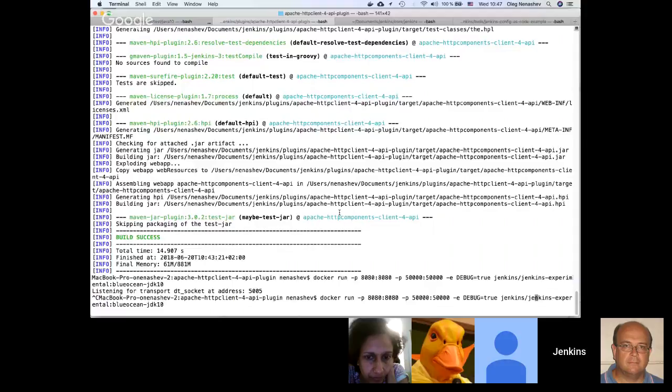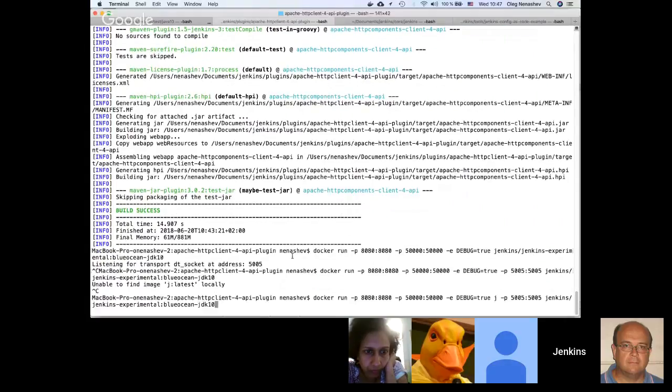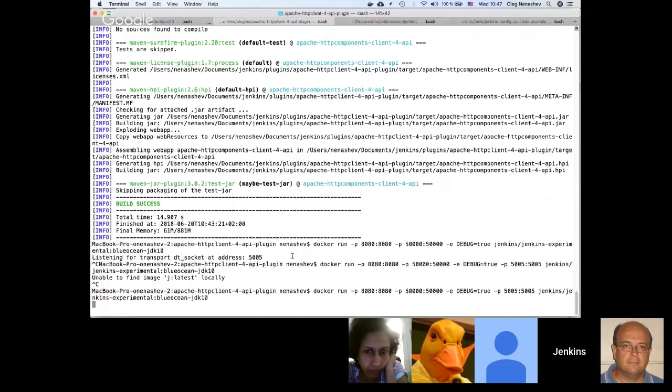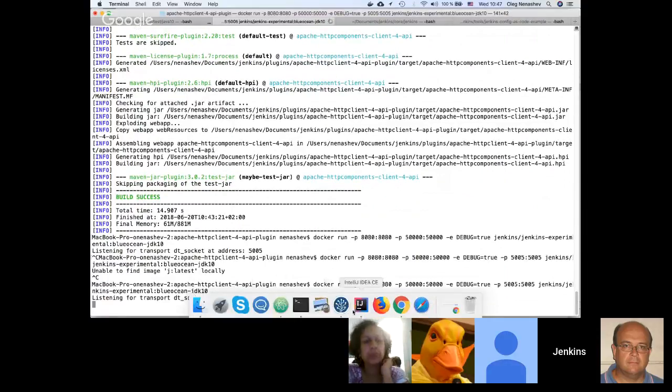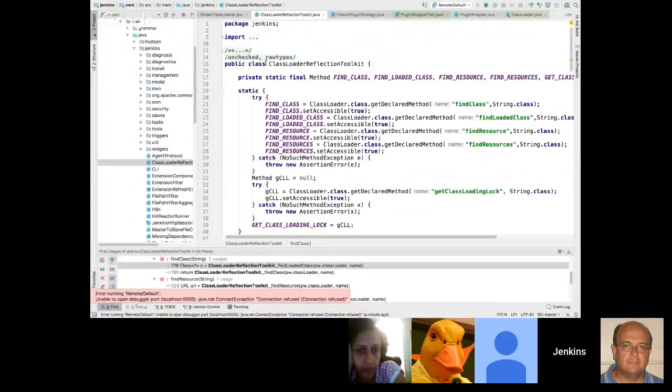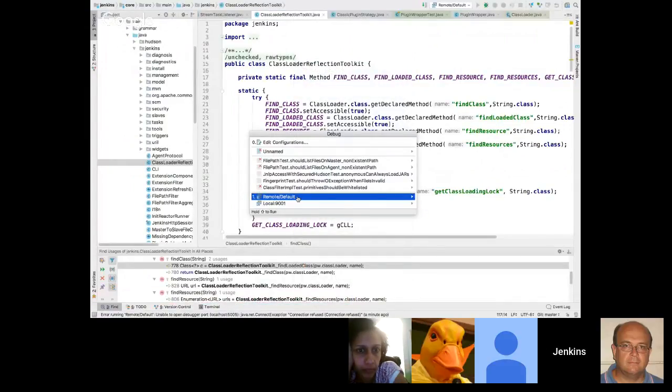Okay, so with these flags, instead of setting up a local development environment for Java 10 or Java 11, you can just run in Docker. And then from your IDE, you also connect the debugger and do all the debugging needed, even if your Jenkins instance runs in Docker.